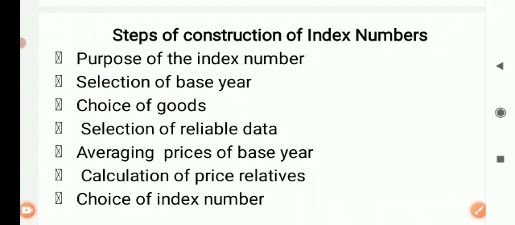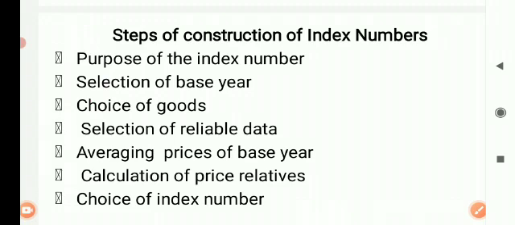We may choose a few goods which are required for our daily purposes, for our consumption purpose, like vegetables, gas cylinder, sugar for example, entertainment. So we will also select goods like this for the construction of index numbers. So choice of goods or selection of goods is equally important while constructing index numbers. This is the most important step. This is the heart of the construction of index numbers, that is selection of goods.